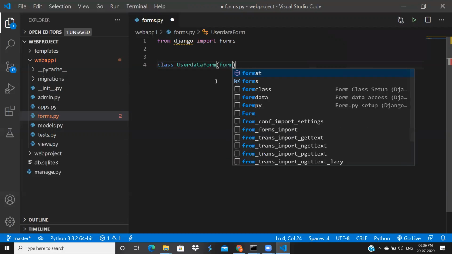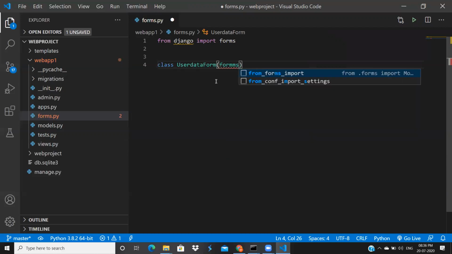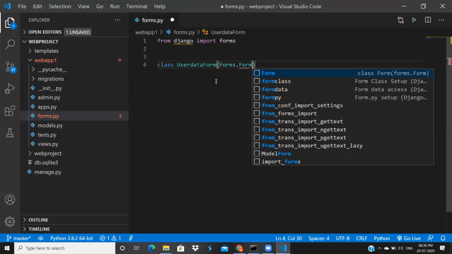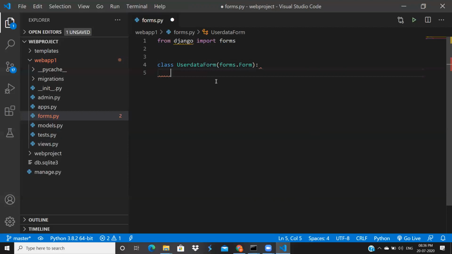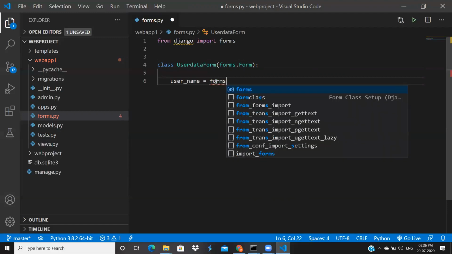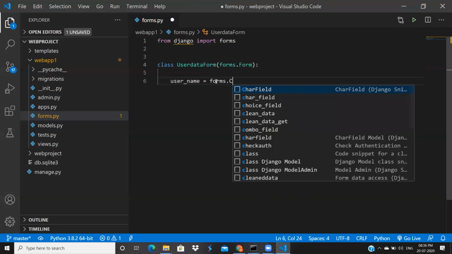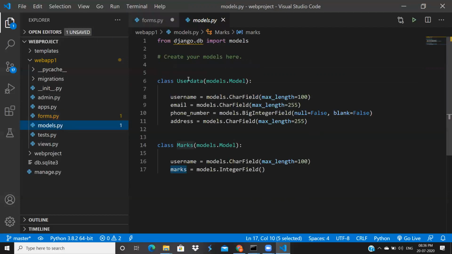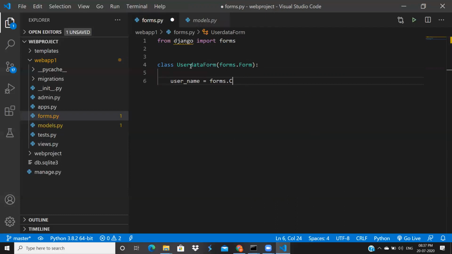I'm inheriting this class from the forms class, forms.Form. Inside it you will have all the fields, just like how we defined our models.py. There we define one class, and this is one table in your database. Here we are going to inherit the forms.Form class into whatever class, UserDataForm, we are creating.